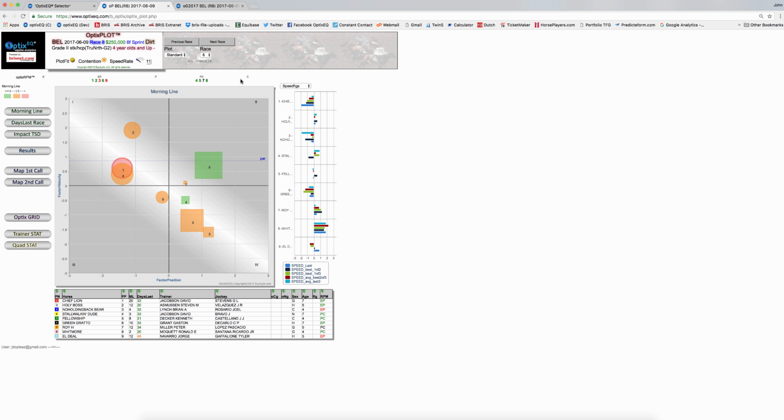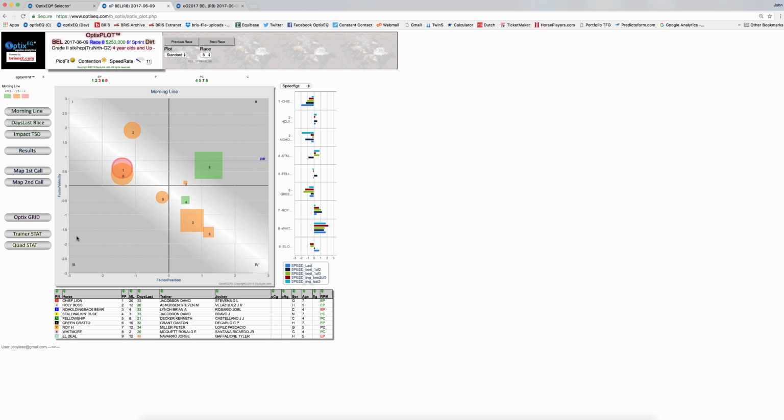Let's take a look at the field. Let's assess the early pace of the race. You can see there are about 5 horses whose running style is early pressers. Early, they like to either be in the front or pressing. Those are the 1, 2, 3, 6, and 9. Right off the bat, just looking at the plot, the 9 and